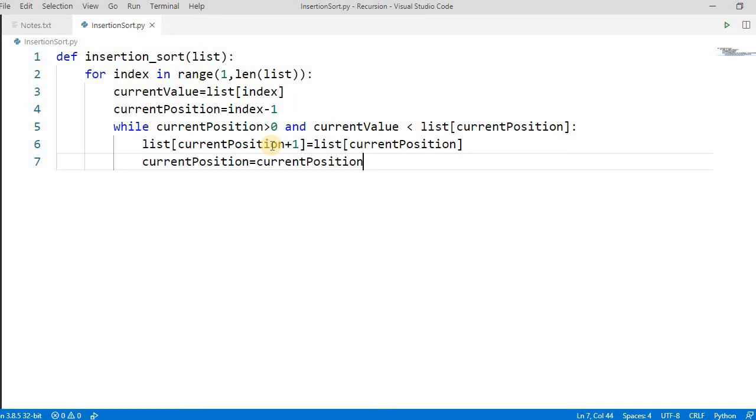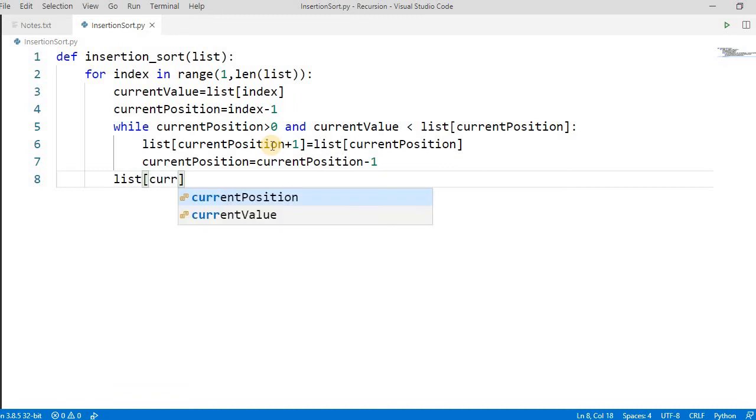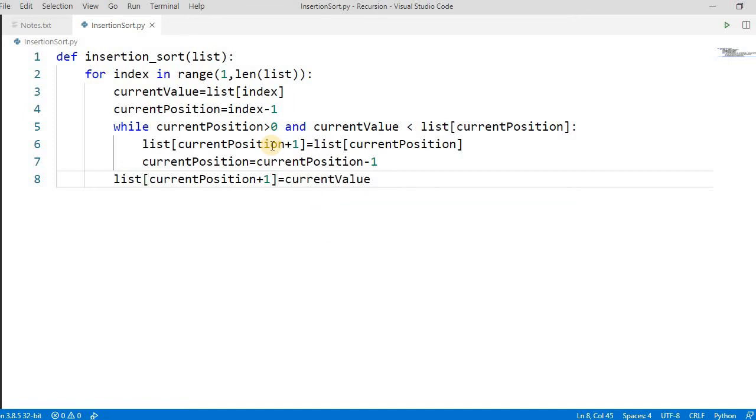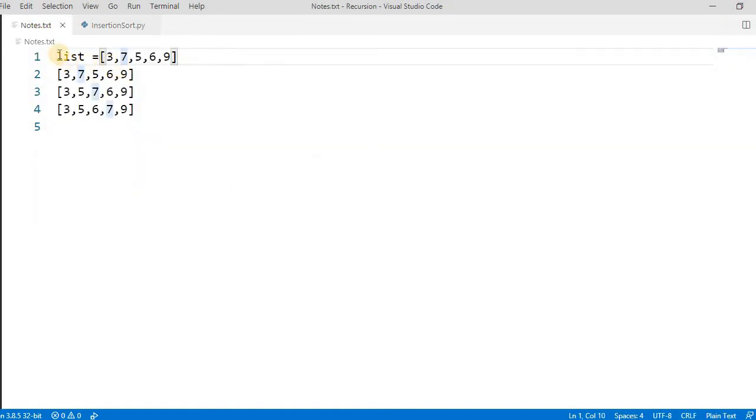No, it's minus 1, right? Because its index will move to the previous one. And then we have to change the list value: list of current position plus 1 equal to current value. That's simple.